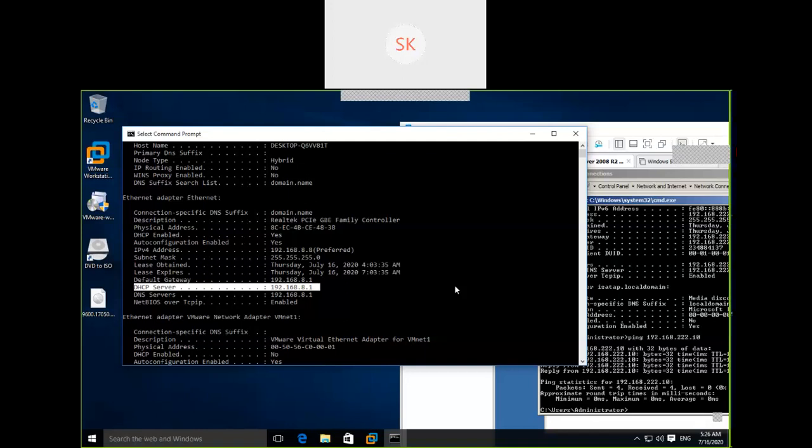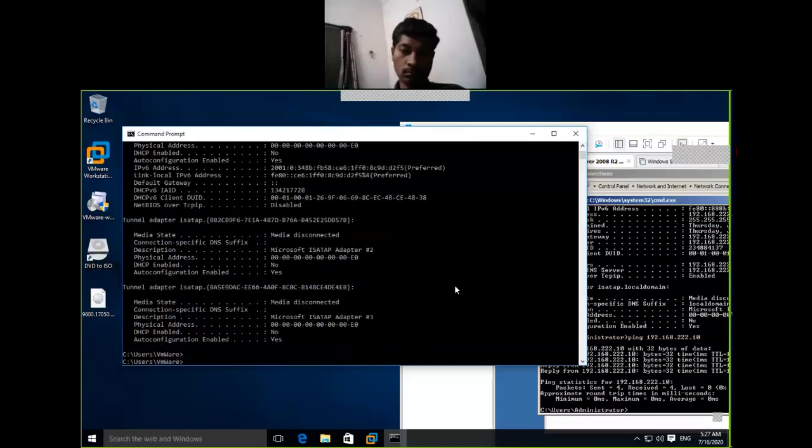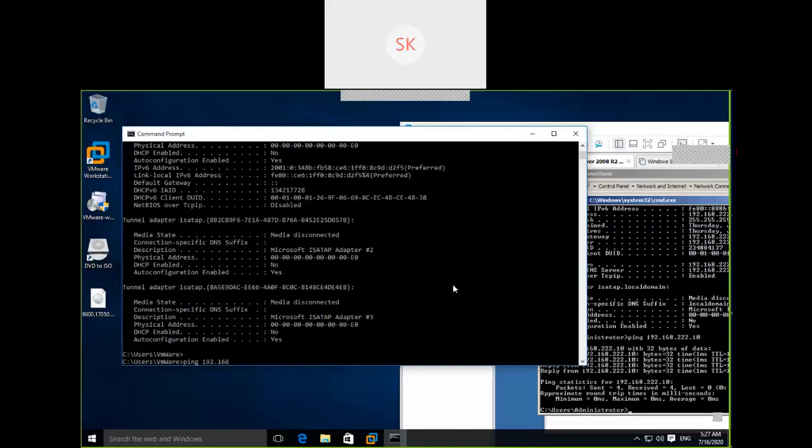I came to know that I have an IP address. That is fine. Now I need to establish communication from my desktop to the server. I configured the server with a certain IP address, so I should be in a position to ping that server from this particular desktop. Give it a try. Go to command prompt, ping 192.168.222.222.